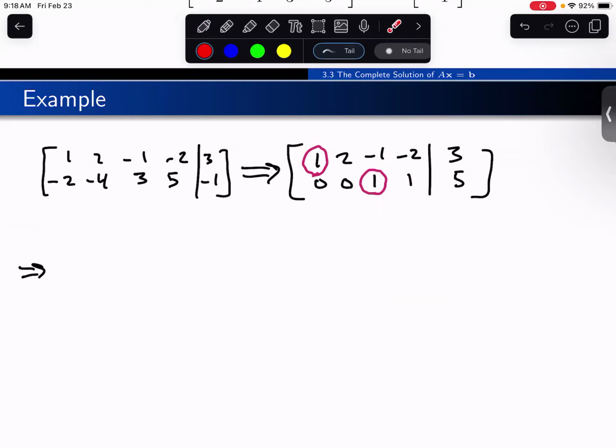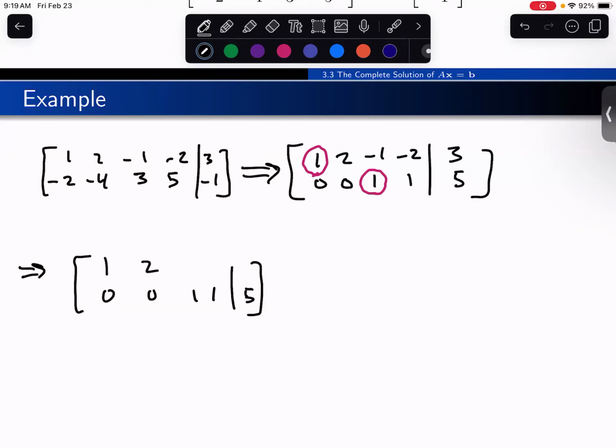And to put this into reduced row echelon form, all we need to do at this point is add the second row to the first row. This would get rid of this minus 1 that's above this pivot right here. So if we were to do this, the second row remains the exact same. Then the first 2 entries stay the exact same. So this will be a 0, and then this will become minus 1. And then we have 3 plus 5, which would give us